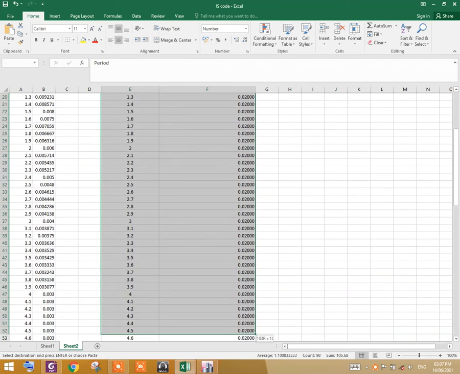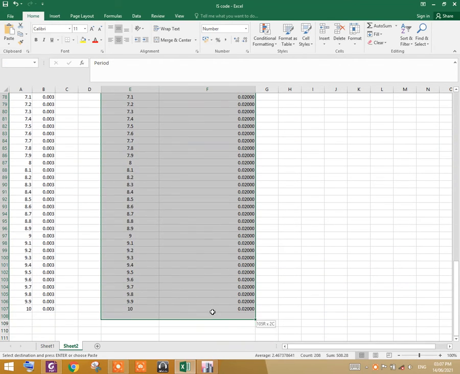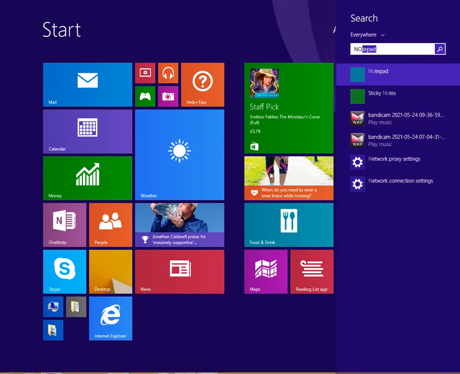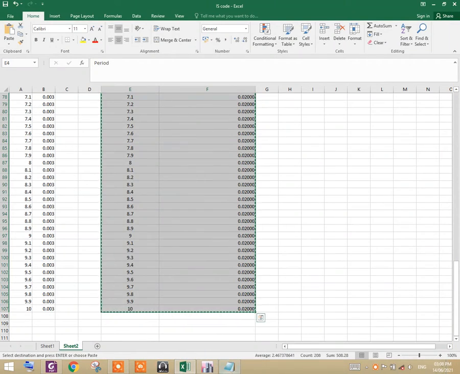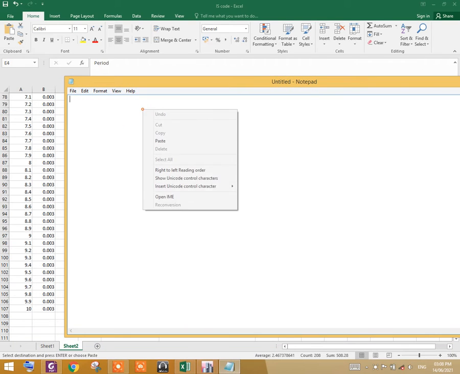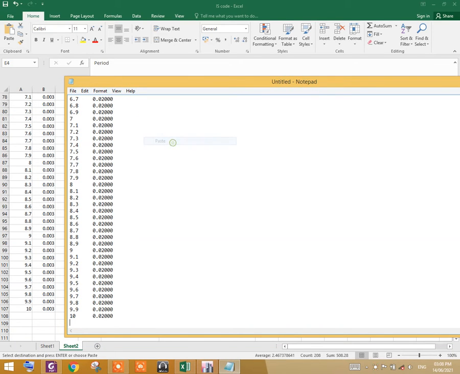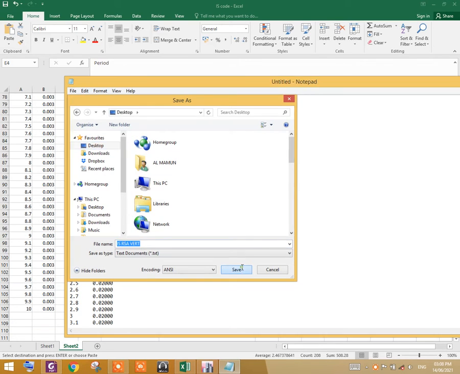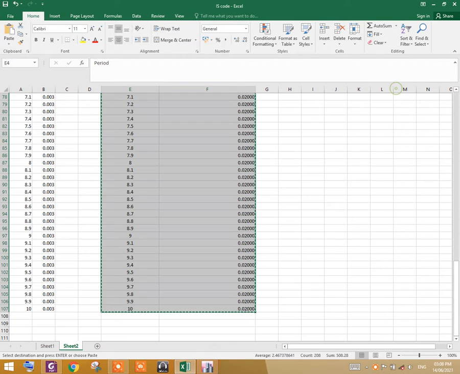Now copy this whole data, Ctrl C, and go to Notepad. Paste it here, and save as IS RSA vertical. Save.